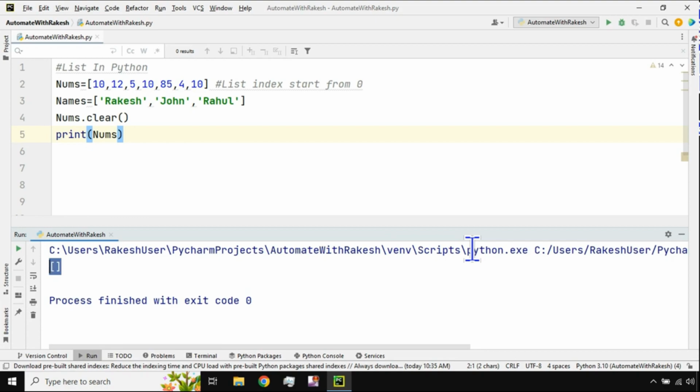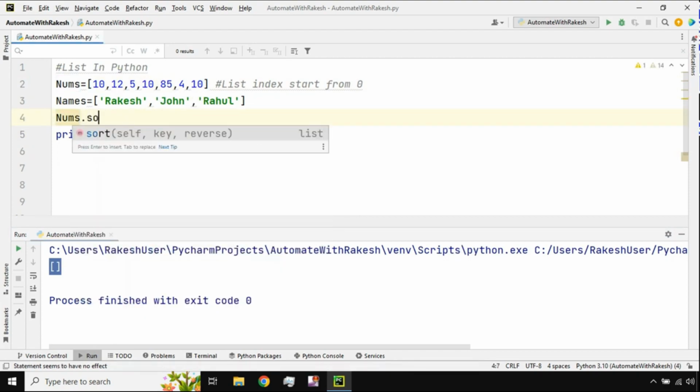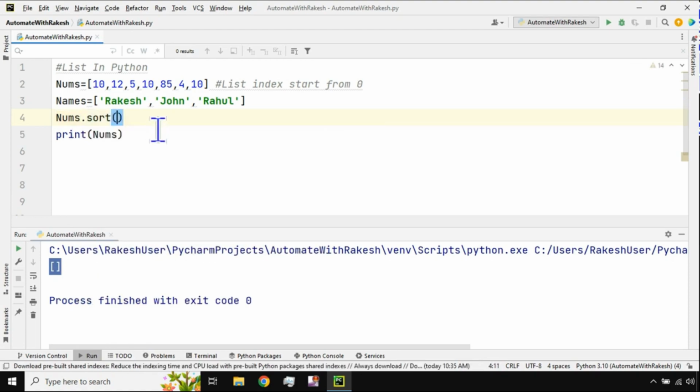Now the next thing that we will be learning: how about sorting the values? Let's say I would like to sort the values. This is also very important. For sorting values, you have a function nums dot sort. Then you close the parenthesis, and look at this: 10, 12, 5, 10, 85, 4, 10. This way it has sorted the values to 4, 5, 10, 10, 10, 12, 85. Getting it? There are different things that you can experiment, but these are the very basic useful methods in